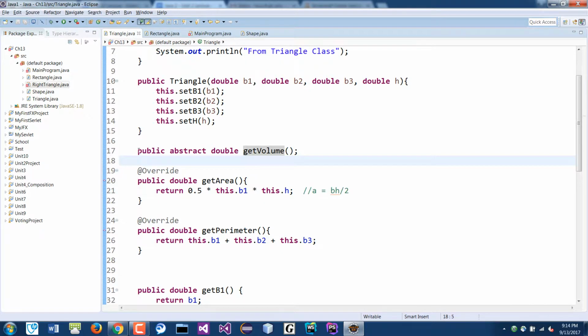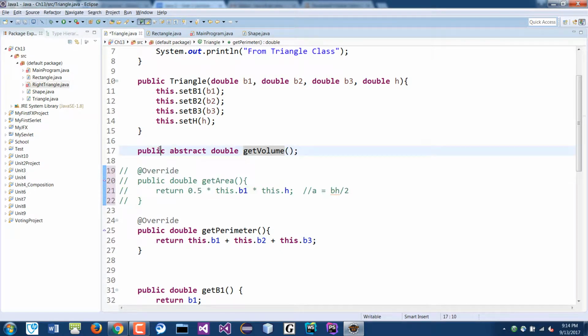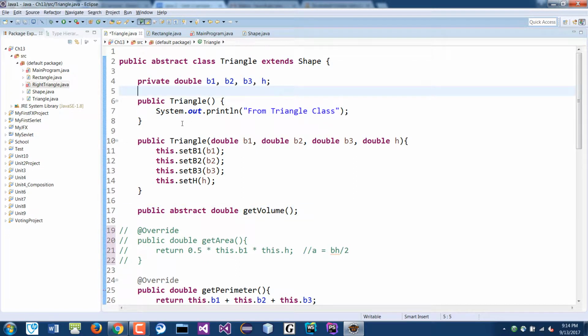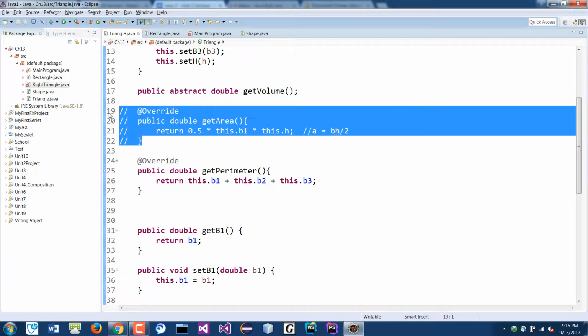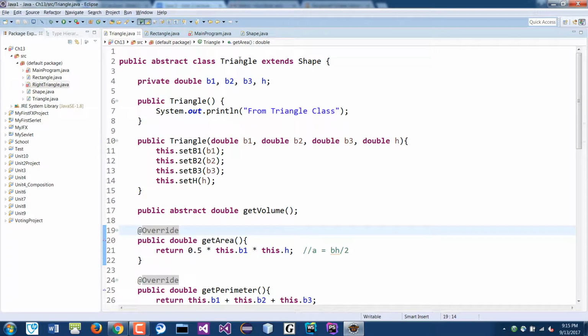Okay. So if you take this out, then again, right now it's expecting a child class to implement the shape class. But yes, you will have to do it somewhere, either inside here or another subclass of this class. So you have to do it somewhere. You cannot leave it out. So if you extended rectangle, would that satisfy that? And you just had getArea in rectangle, but not in triangle, then you may extend it here, or